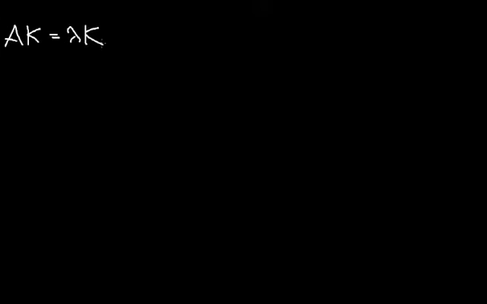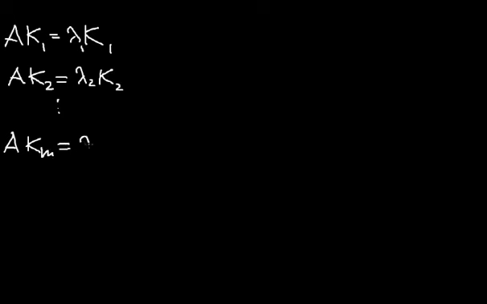an equation like this, where k is a non-zero vector. And if I have several solutions of an equation like this, so let's say some k1 for eigenvalue lambda 1, then k2 for eigenvalue lambda 2, and let's say I've got m of them, then this can be rewritten in the following way as something that I assume you already know from an earlier video. This can be rewritten as A times P equals P times D,